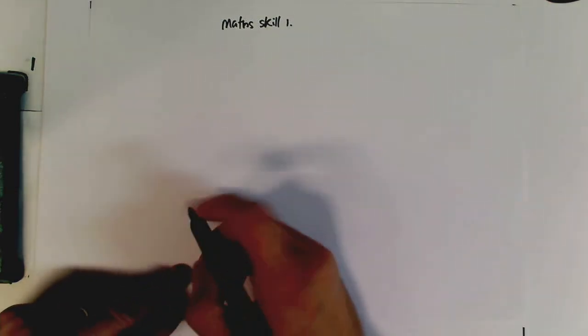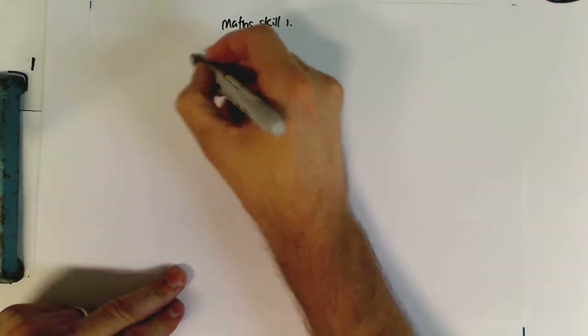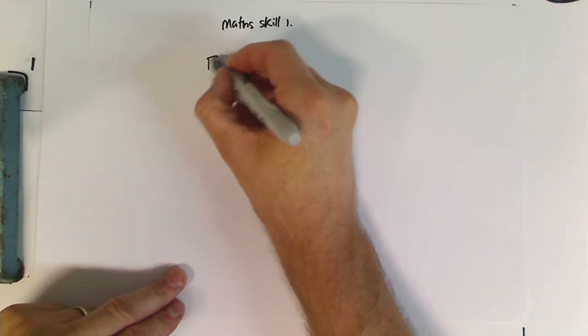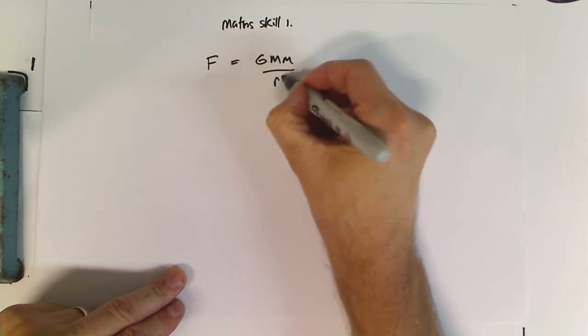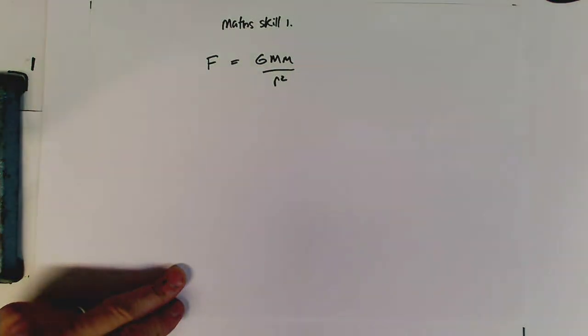Alright, I'm just calling this Math Skill 1. It's just looking at some of the little techniques sometimes that are quite useful. If we have the force equation, a gravitational force equation like that, I'm asking what's going to happen if the